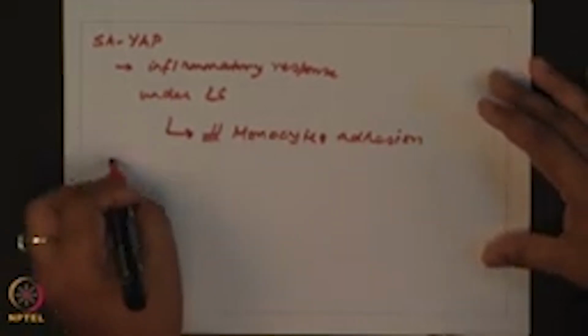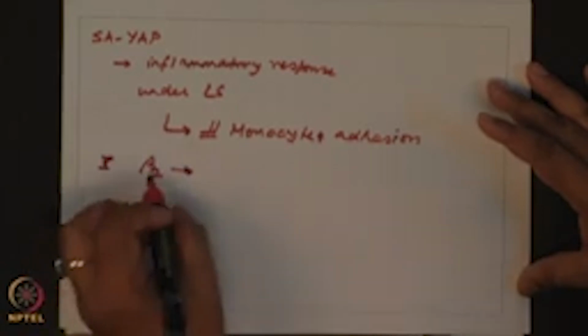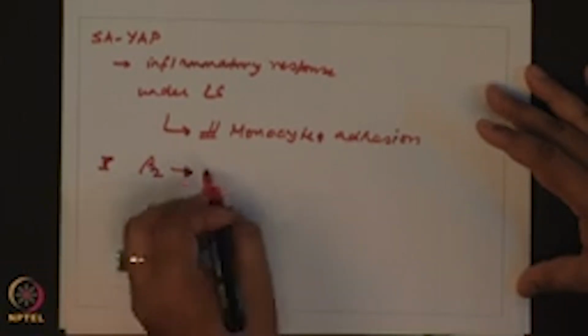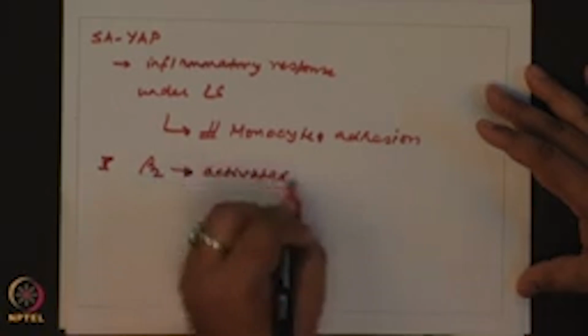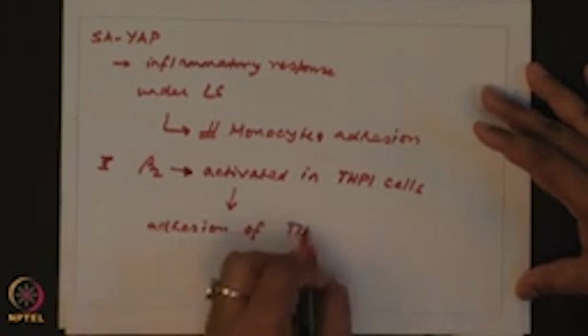And all of this was made possible via expression of integrin beta 2. So, what they found was integrin beta 2 expression was activated in THP1 cells, and this is the mechanism which explained the enhanced adhesion of THP1 cells